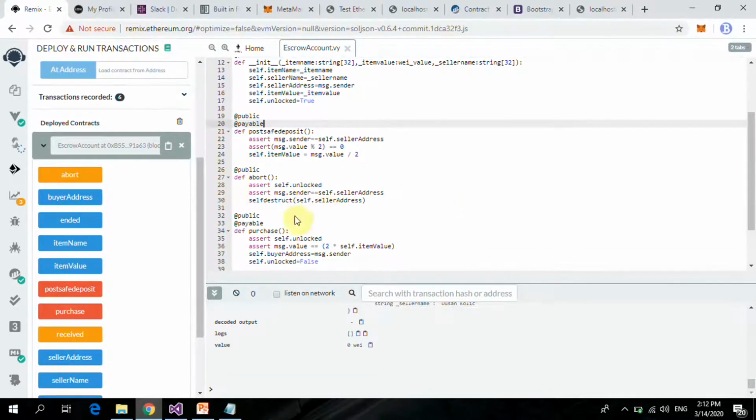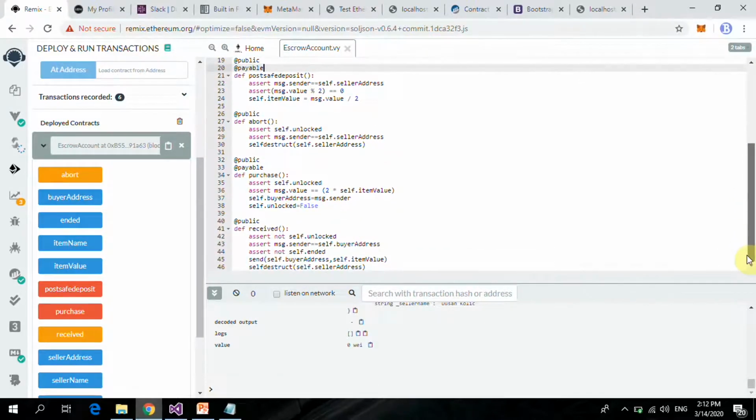Then we also have this that we didn't call, but I left as an assignment that you can use. You can call this abort function to untimely stop the sale of this item. Let's say you're the seller of this item and you've changed your mind, so you can call this function. Then we also have this payable function called purchase, where the non-seller, that's any address that is not the seller, can purchase this item. And once